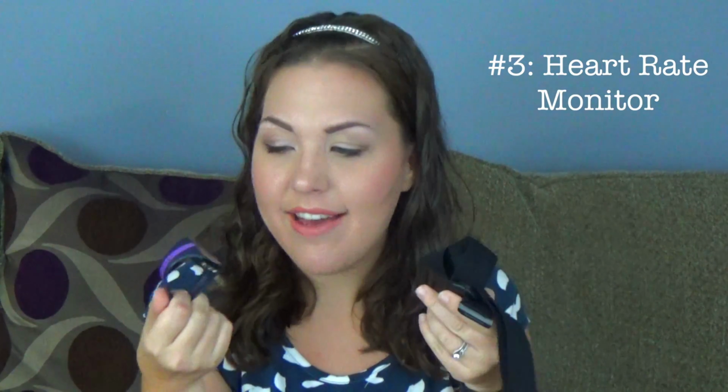Number 3 is a heart rate monitor. I have this one by Polar. It's cute, it's purple, and it's currently dead because I need to change the battery. A heart rate monitor is great for doing exactly what it sounds like it does. It monitors your heart rate